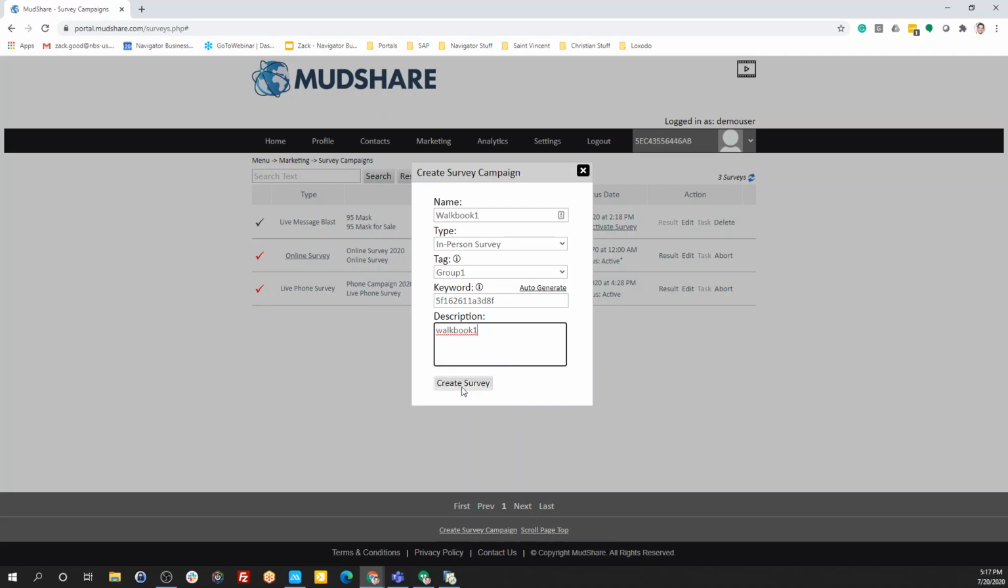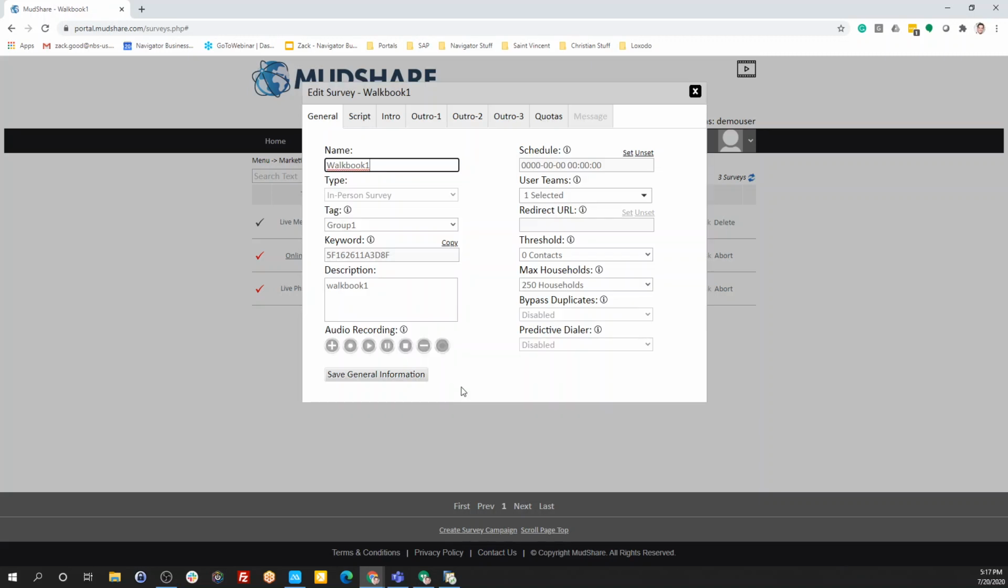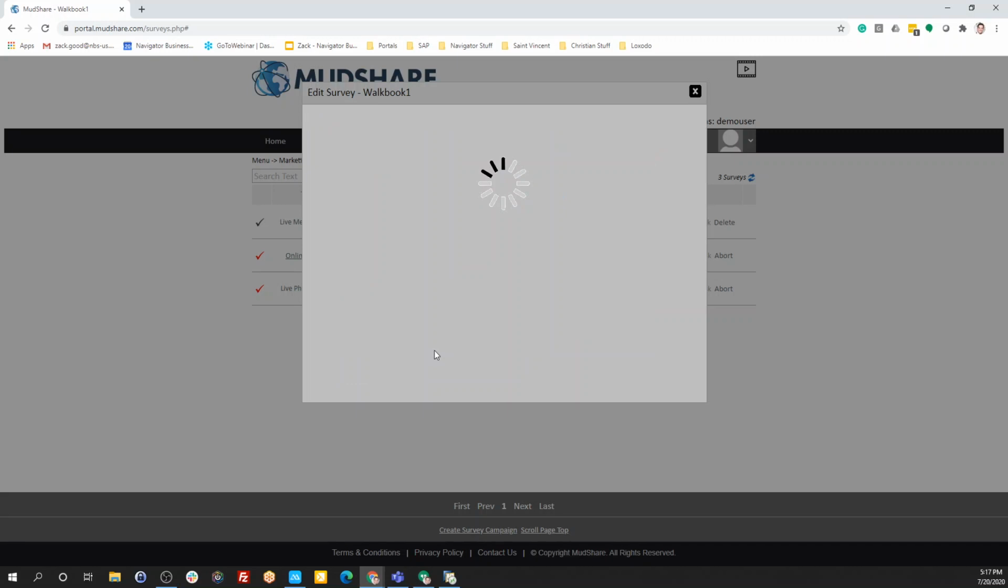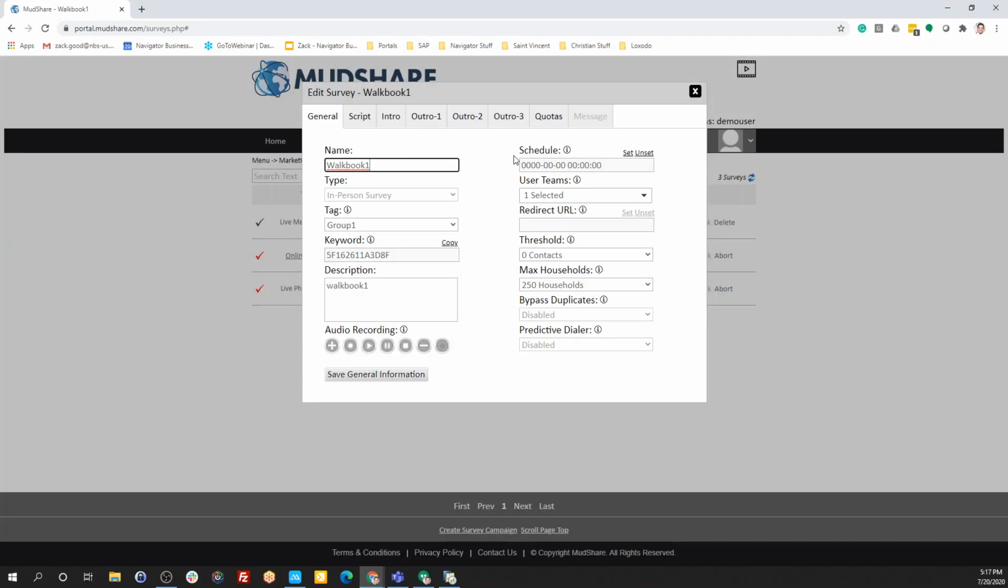Once ready, click Create Survey, and it'll take you to the Edit Survey screen. On the left-hand side, we can see all the information that was pulled over from the beginning. I'm going to save that general information. To the right, I can schedule when I'd like to activate or start the survey. When it comes to user teams,